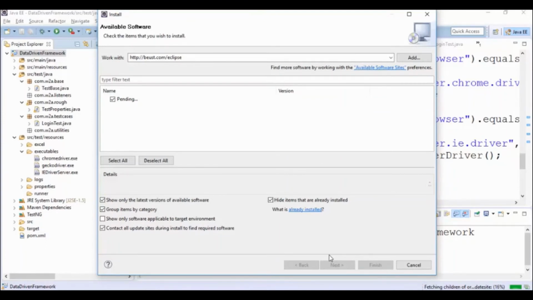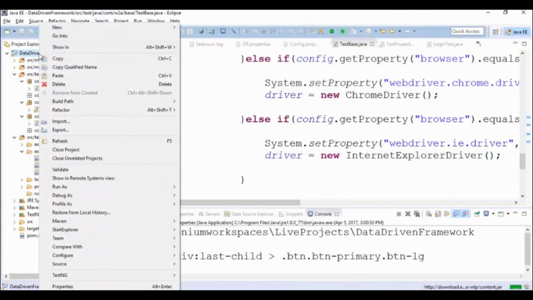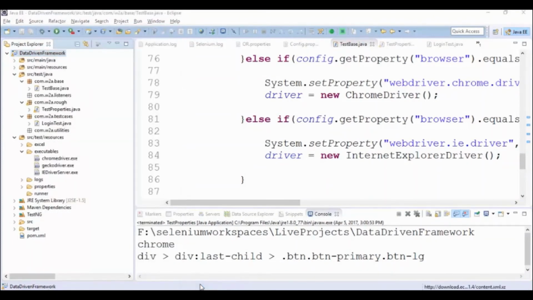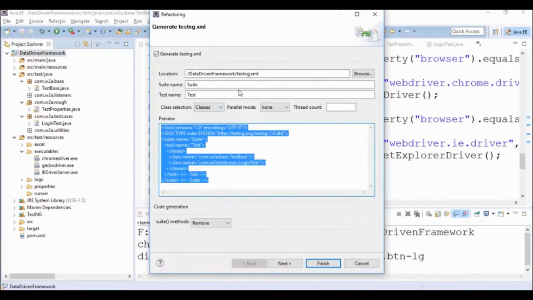Right. So once TestNG is installed, you're going to see TestNG over here. If you right click on your project, you're going to see TestNG, and simply you can click on Convert to TestNG. This will give you the TestNG XML file. This is the TestNG XML file. We are going to keep this file inside our runner folder. Right. So this is inside src/test